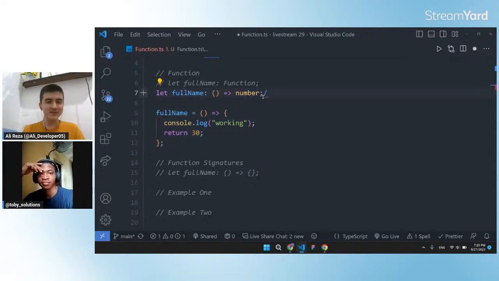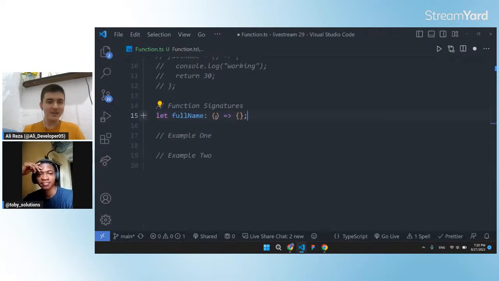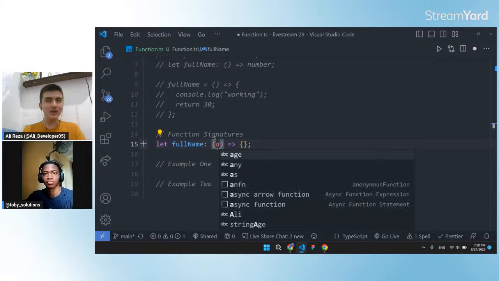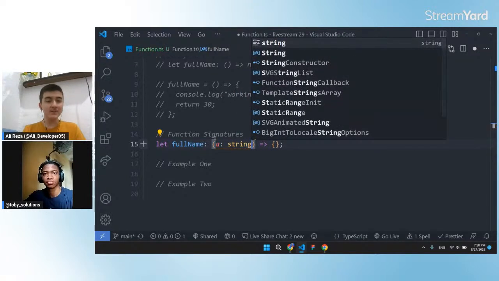So let me uncomment this one and teach you about function signature, because most of the time we are going to use several arguments. So how do we give each argument a type? Okay, so let's go here. For the fullName function, I'm going to have two arguments. The first argument is for first name and the second argument is for last name. So I'm going to make two arguments. The first argument is going to be a string